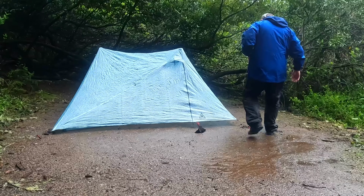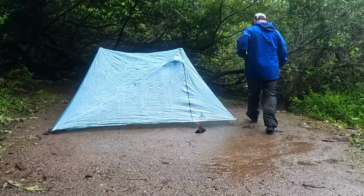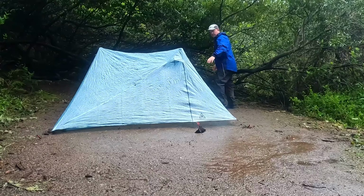However, it does make packing the tent up kind of a pain. It makes drying out your gear a pain. And if you don't have a double wall tent and you're trying to go lighter weight by getting rid of the inner where it attaches to the rain fly, now you've got condensation that can also fall right onto your gear, including that nice down ultralight sleeping bag that you've got, and potentially ruin it as far as insulation goes. Heavy rain, heavy humidity, heavy breathing, all of these things could result in soaking wet gear when you wake up